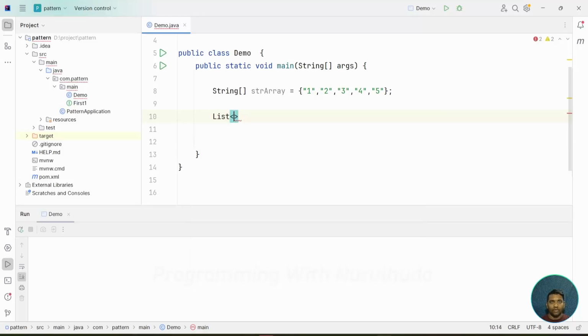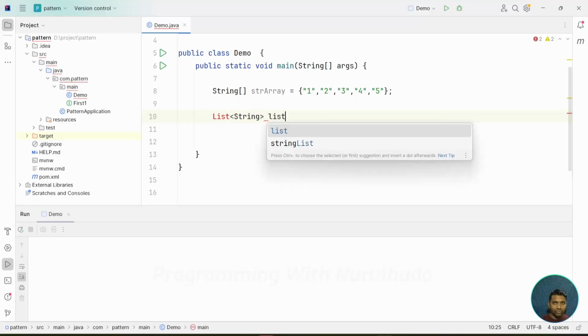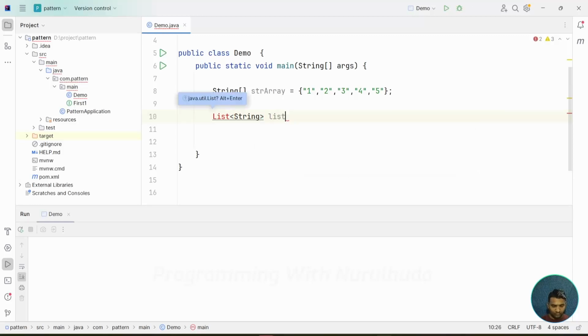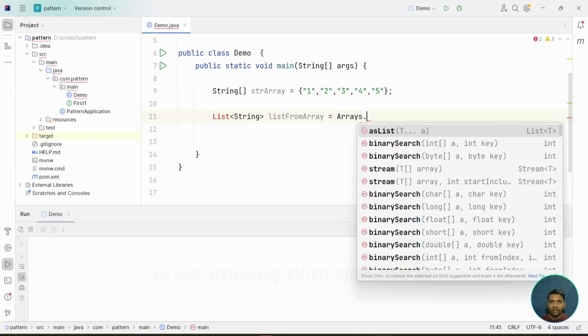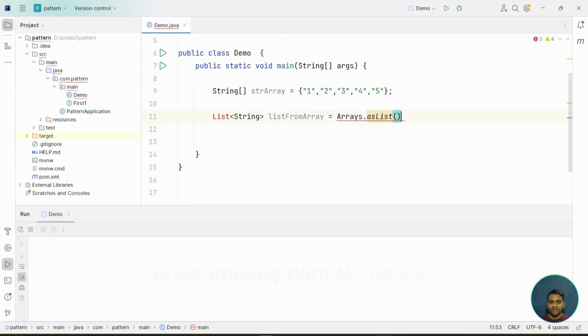Create a list, and we need to convert the string array. Then we take generic as a string and list from array. Arrays.asList is one method, and we just pass the string array here. Then import the java.util package